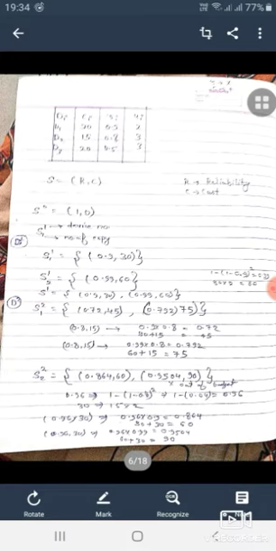And after that we will consider the other reliabilities of the corresponding devices and their costs. So you can see how we are calculating it, because I have solved each and every step.